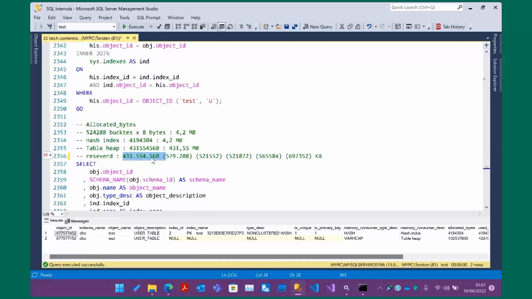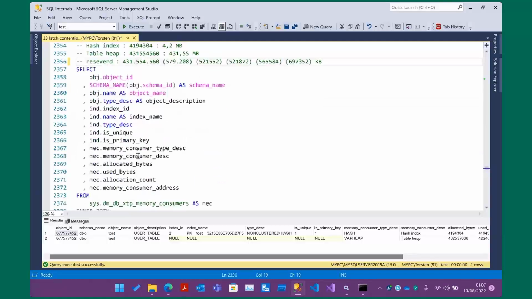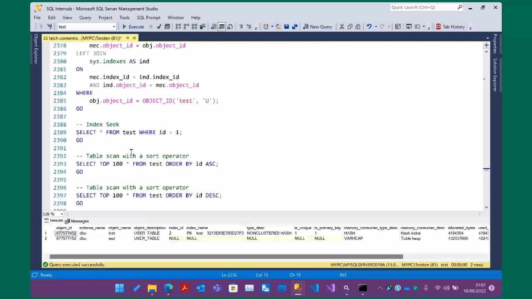This means your current SQL Server memory allocation is reserved by this schema and data durable table. That means this memory will not go away. It is reserved just for the table. That is something you need to consider when you work with in-memory OLTP tables. So anyway,